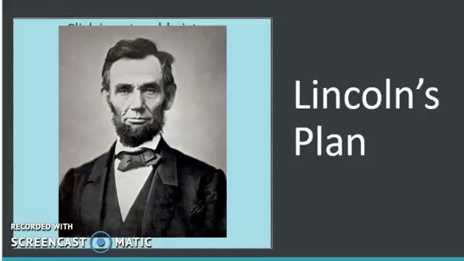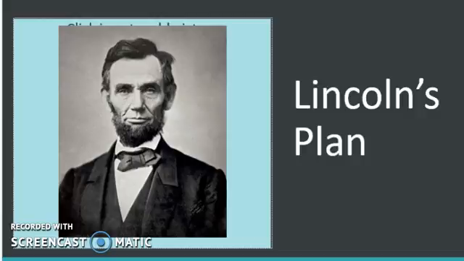So super easy. Two things they got to do: get 10% of your voters to take the oath, which isn't many at all, and then on top of that, write a constitution outlawing slavery and providing education. So not a difficult thing. He also wants to actually grant pardons to all the Confederate leaders. He's sort of like a forgive and forget, let's move on type of guy. So he's trying to really move past this.